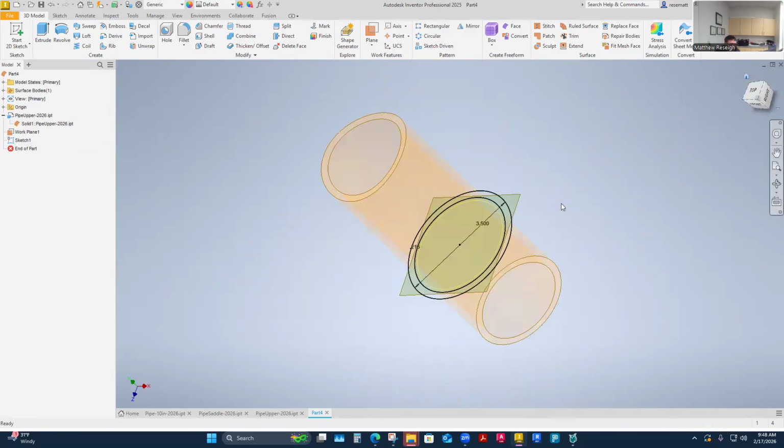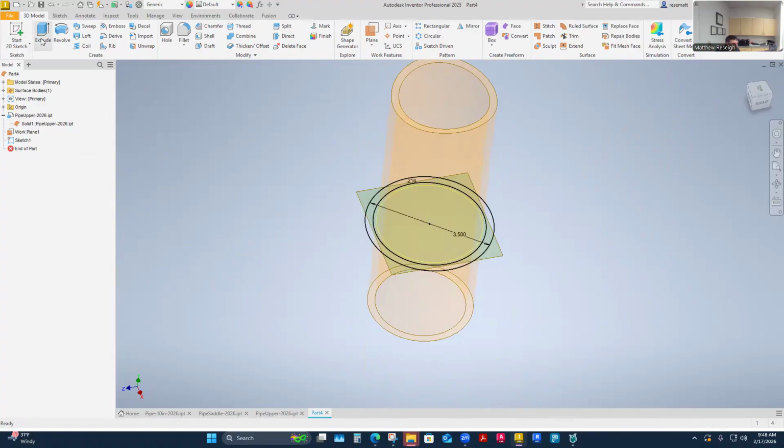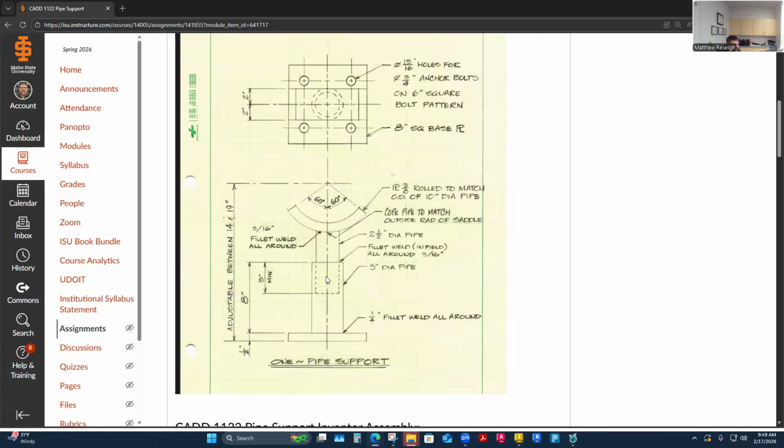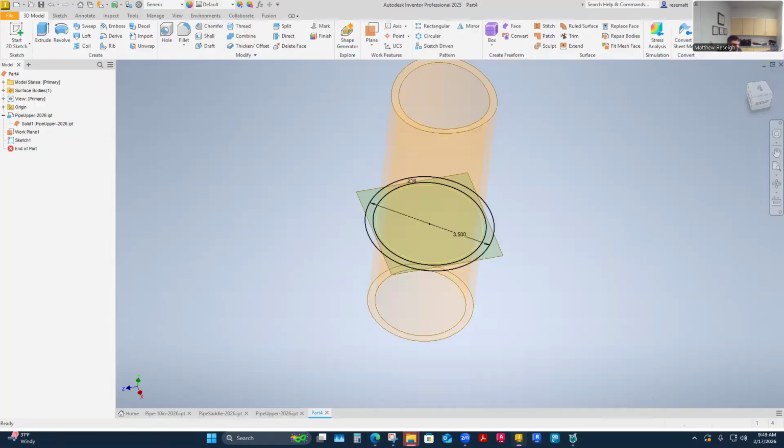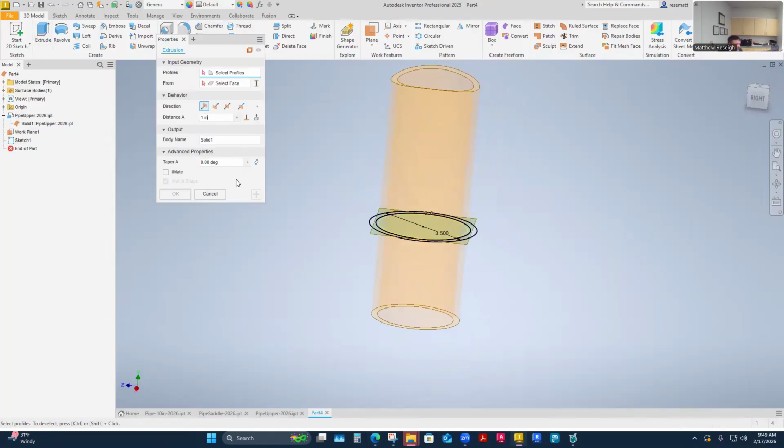And I'm upside down and backwards there. I don't know, somewhere here. There it is. And now we're going to extrude this thing. This is a fixed dimension though. If I look at my sketch, it's really a fixed dimension. It's an 8-inch long piece of pipe. That's staying fixed here. So 8 inches is all I've got to extrude this in one direction, kind of down from the coped end. Yeah, so let's say extrude that thing